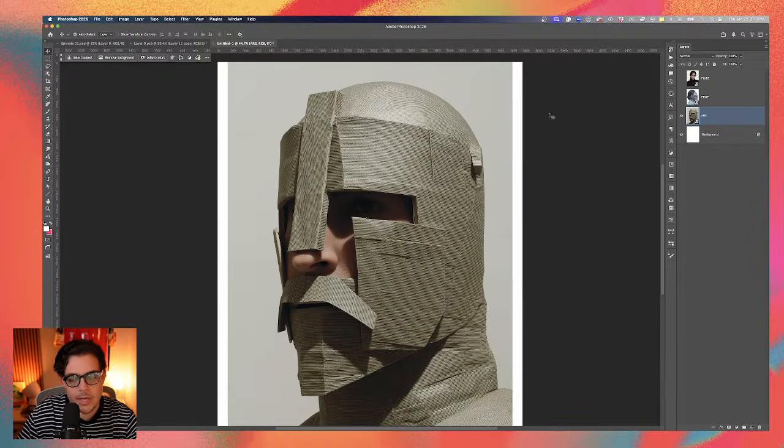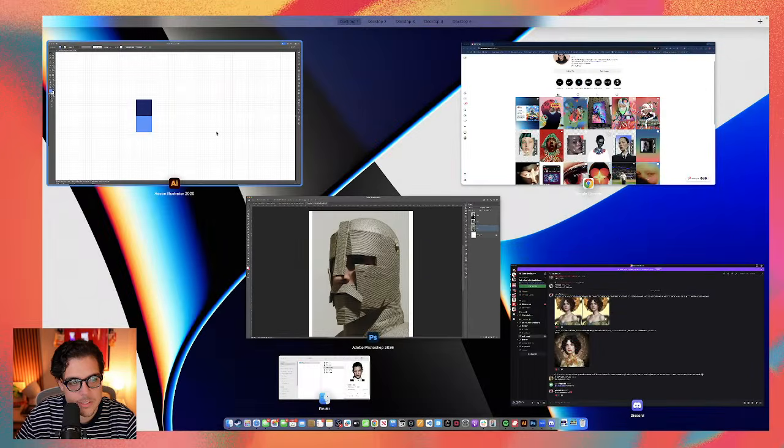Okay, so those are the ideas. Let's go ahead and make the grid. To do so, at the same time, I want to drop these photos inside of